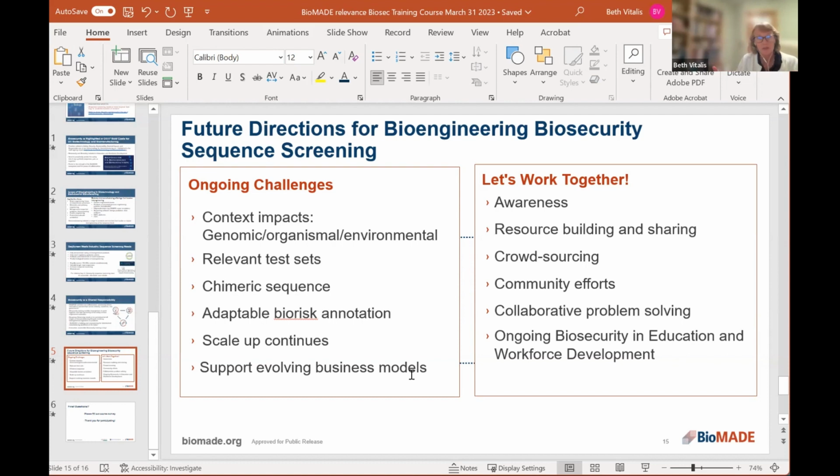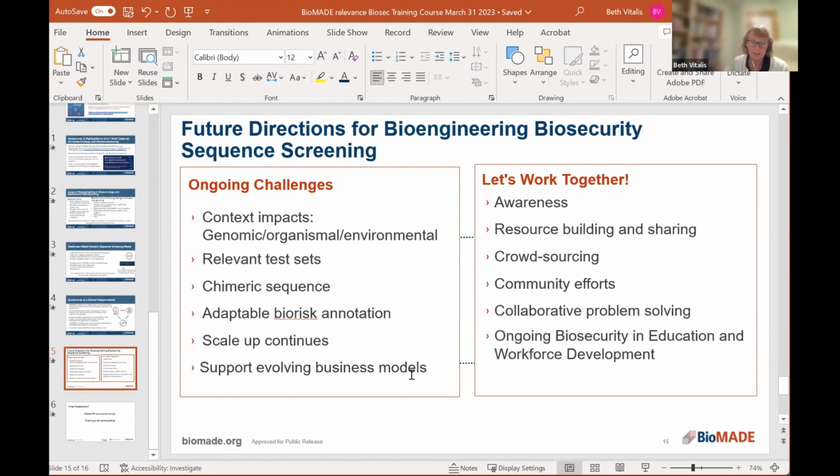The regulations, that was so helpful to hear from Matt about the guidance, and how taking input from the community and revising, and it is guidance, so we can as a community work together. We have resources now, we can improve on the resources to adhere to the recommendations in the guidance, and involve everyone, because now the guidance is including the users, not just the providers of the sequence.